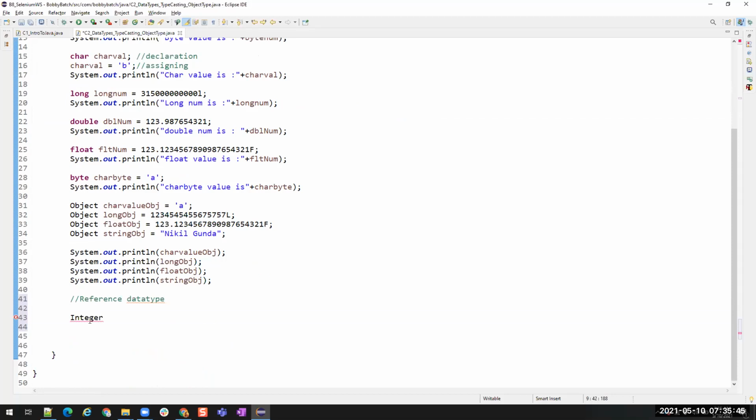Now this is my data type, and then the value will be a reference integer value is equal to, I'll say, 123456. This is method 1 of declaring reference data types. Okay, method 1. We also have another way. Let me write it for another data type here.